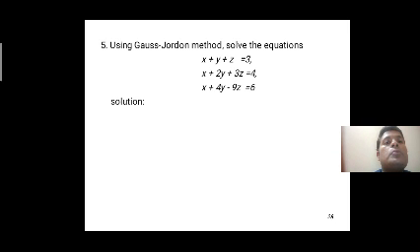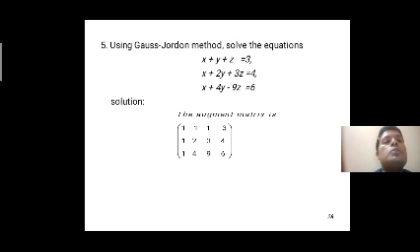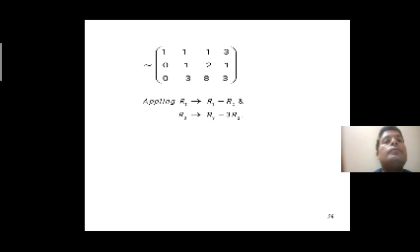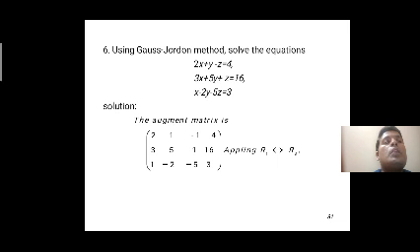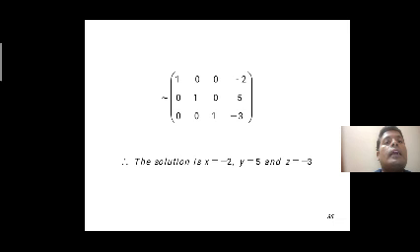The fifth problem is also the same as it is. We follow the augmented matrix and row operations and reduce it to 1 0 0 alpha, 0 1 0 beta, 0 0 1 gamma. The sixth one also uses the same method, with the same row operations. Don't apply column operations, and we get the solution x equal to -2, y equal to 5 and z equal to -3.